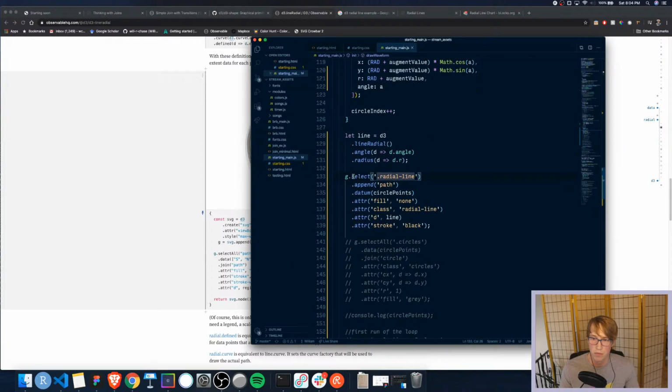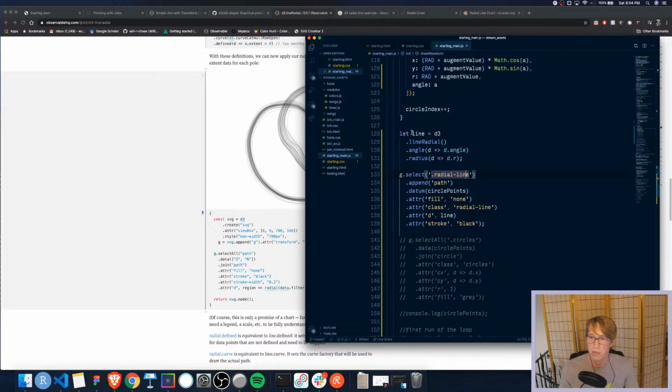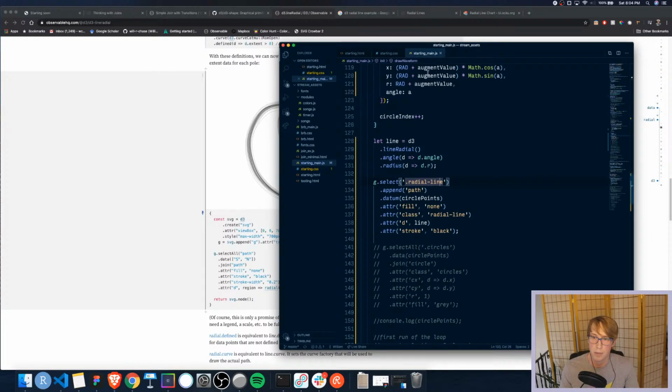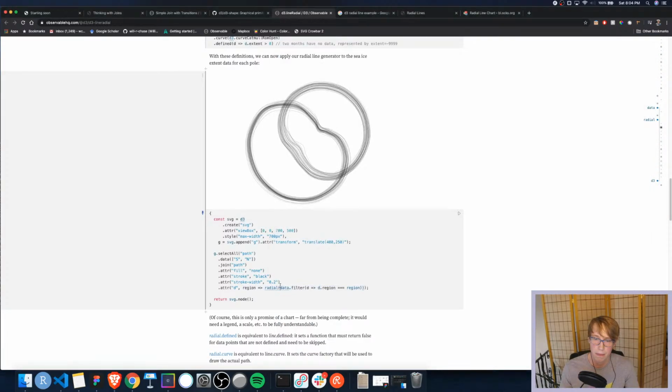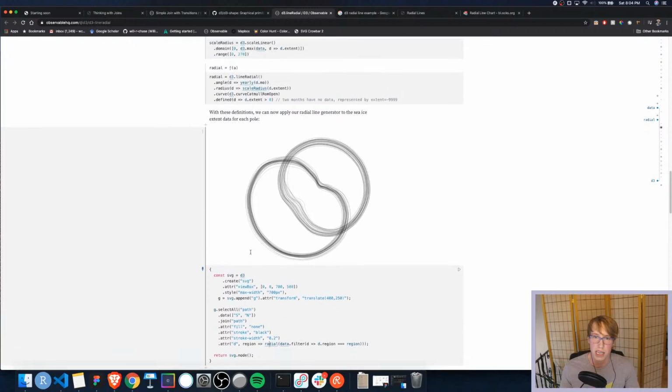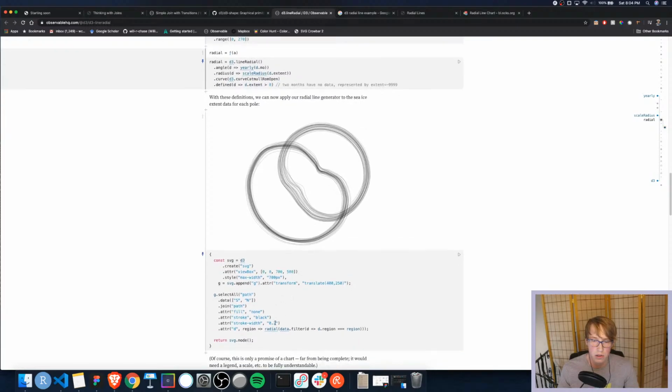Okay, so let's try to do something more similar to this. Radial. So he came up with a function that he called radial. d3.lineRadial.angle.radius.curve(catmullRom).defined. Okay, so